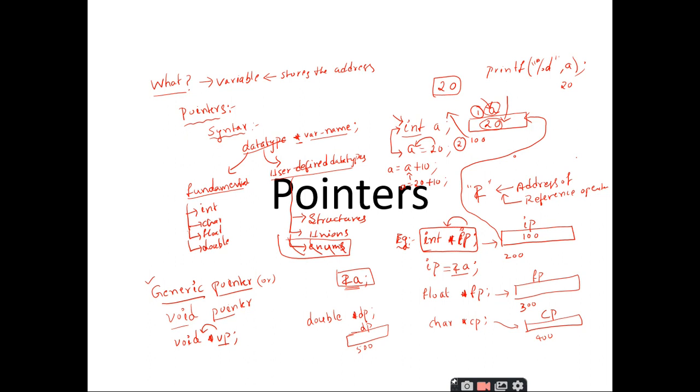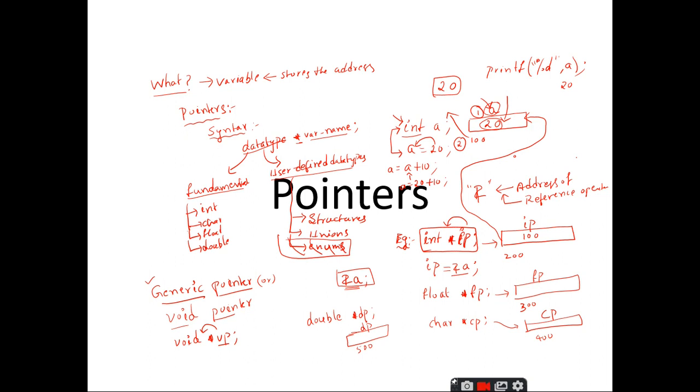For example, the integer pointer imposes some restrictions, saying that it can store the address of another integer variable only. Similarly, the floating pointer can store the address of another floating point variable only. We have such restrictions on integer, float, char and double pointers, but these restrictions are not there for the generic pointer.